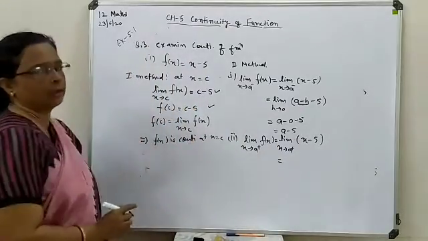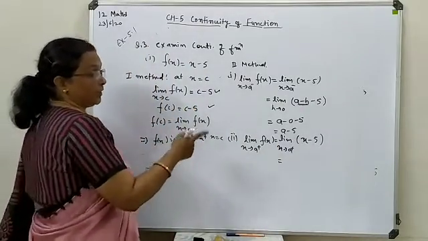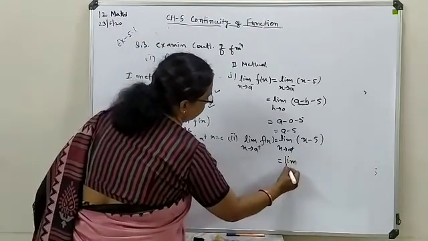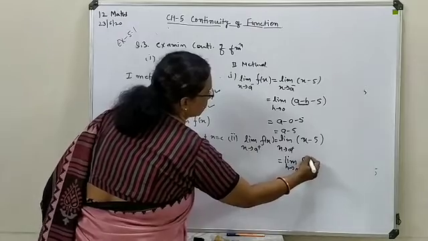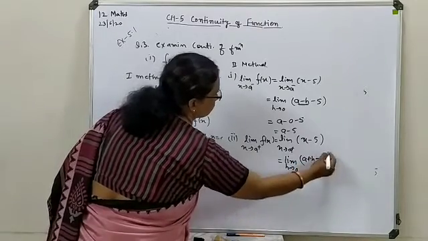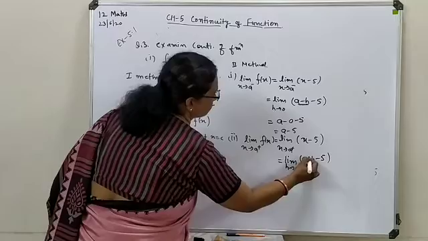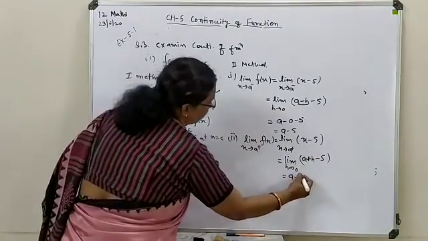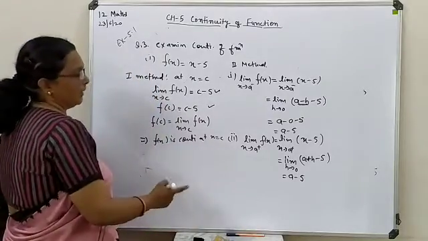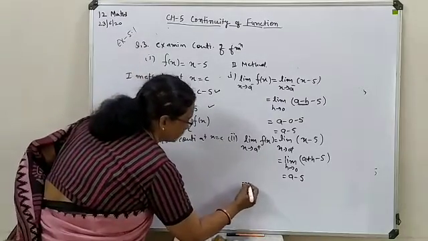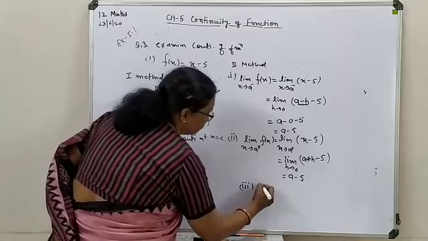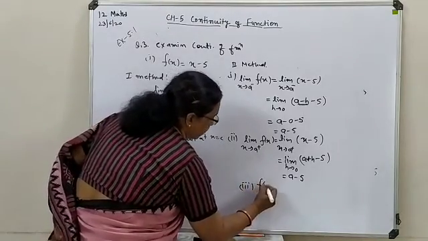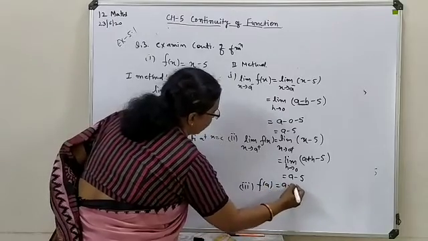Now as we are talking about a right limit, in place of x, now we will write a plus h. That is the change you have to make. In place of h again you substitute 0. So the answer you are getting is the same. Last one, third, the function value you can find directly, that is a minus 5.